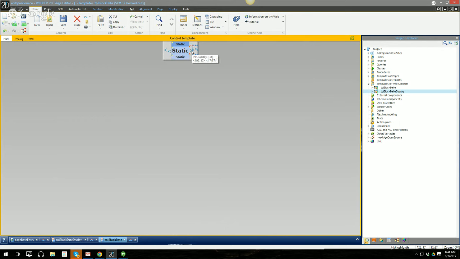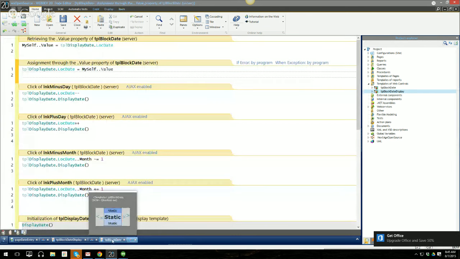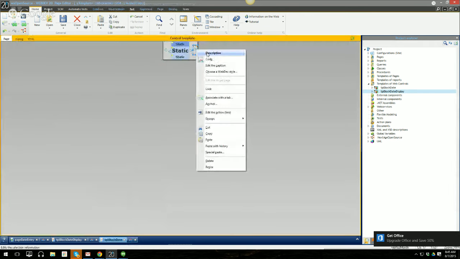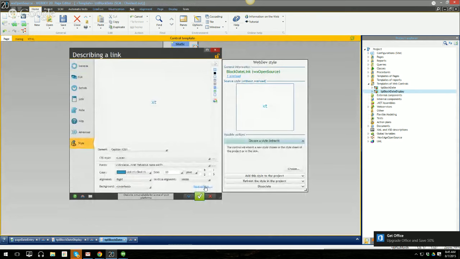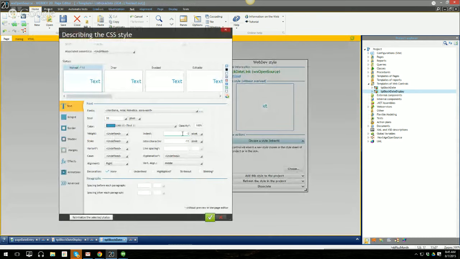But on the right-hand side, it winds up pushing my plus month over to the far right, and I wind up with a little too much space between my plus day and my plus month. So by setting a -3 pixel indent, I back up that double greater than by 3 pixels to squeeze them back in close together. So I had to do one override